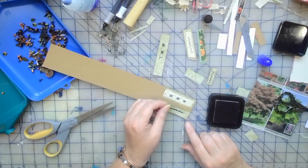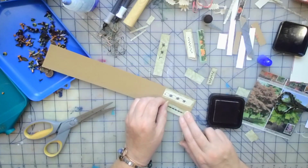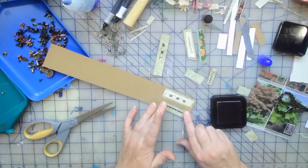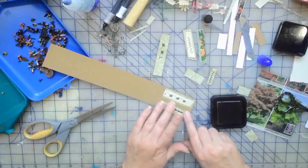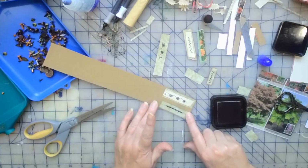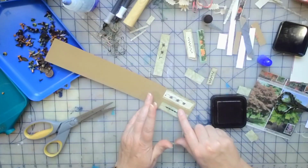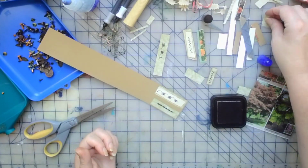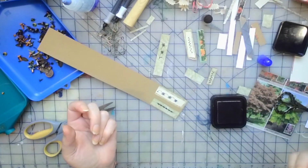Okay. I want just a thin border on here. I don't know why, I just do. It's what I want. Okay, I think it'll look good. I really like this. This is fun. Just kind of making jewelry for your junk journals. I'll show you